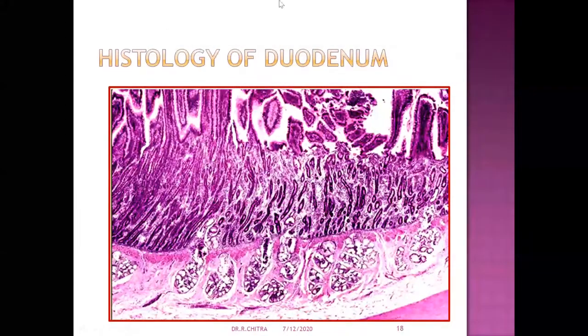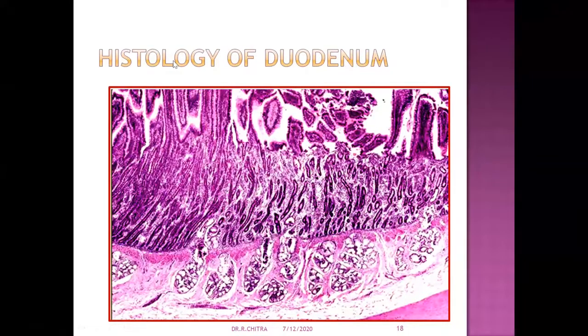We have seen the cells of the epithelium in detail. Now we will see the other layers of the histology of the duodenum, jejunum and ileum. So this epithelium, these modifications are common for all the three parts of the small intestine. So what are the differences, other differences only we will now see in this next.